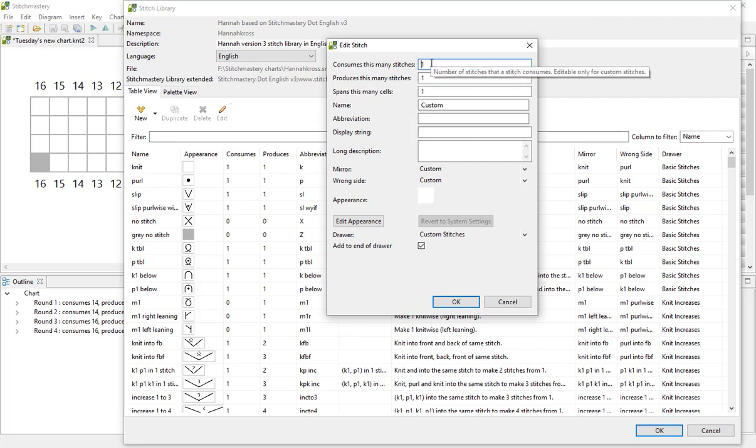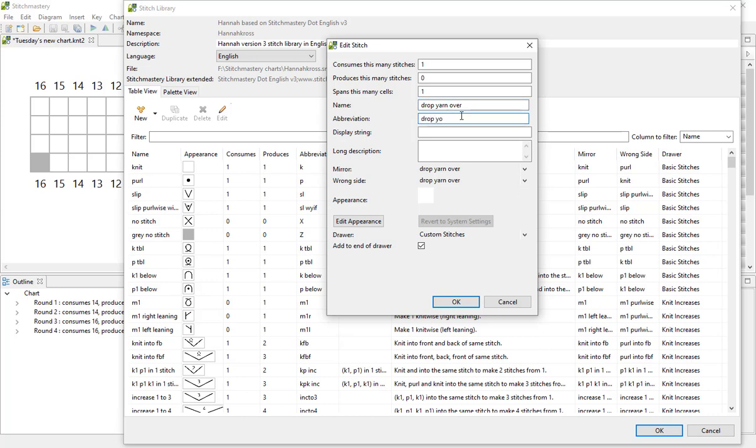So we're going to consume the yarn over, or the stitch that you want to drop, because that stitch is already there in your chart. But afterwards, once you've dropped the stitch, you will not have that stitch on the needle, obviously, so we'll change the produces to 0. Spans 1 cell is perfect, and let's call this drop yarn over